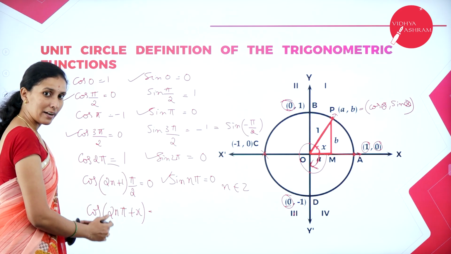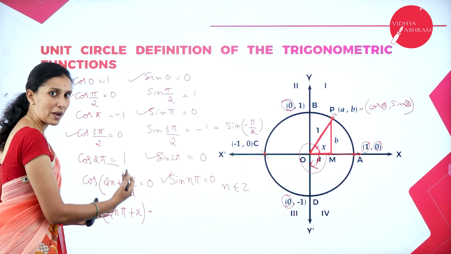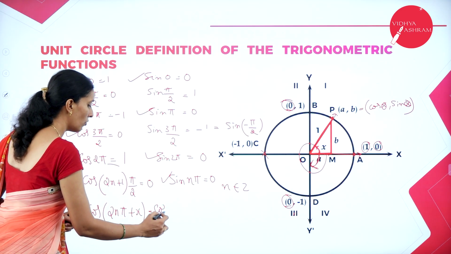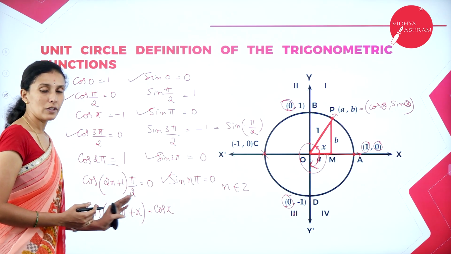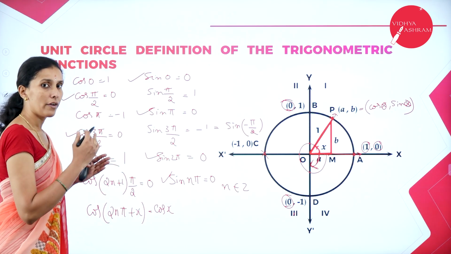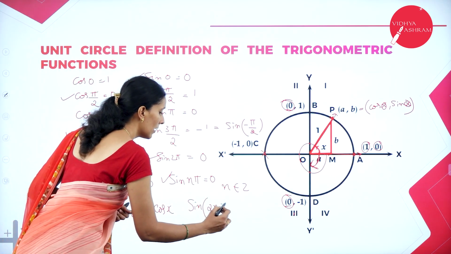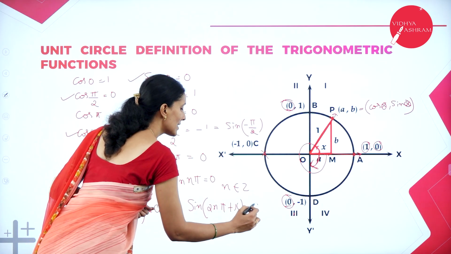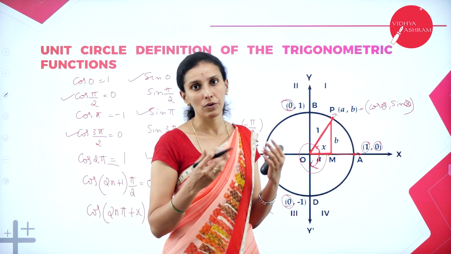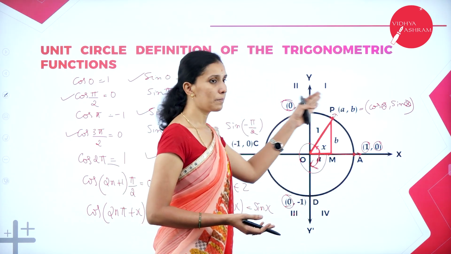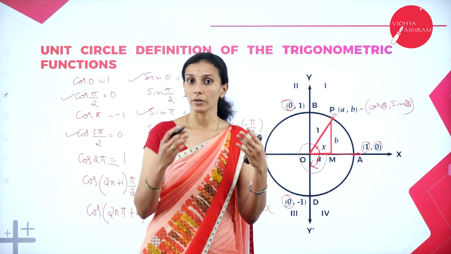So for any such revolution, with addition or subtraction of an angle, the function value will remain the same. Whatever value you get for cos x, you will get the same value after any number of revolutions. Similarly, I can also write sin of (2n pi plus x) is equal to sin x only, because after a certain number of revolutions the value of sin x will remain the same. Why? Because all the points lie on the circle, whose x coordinate and y coordinate will remain the same.